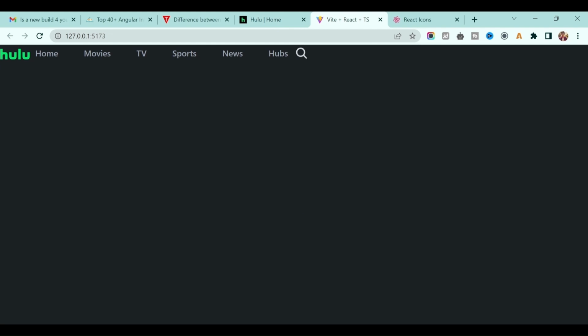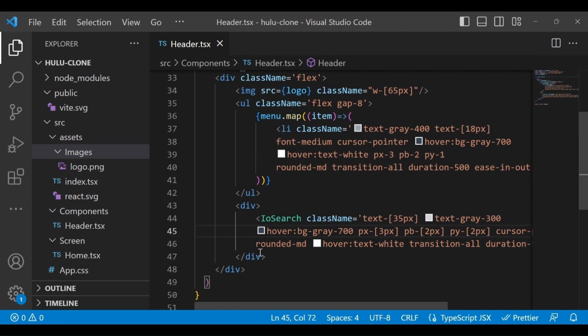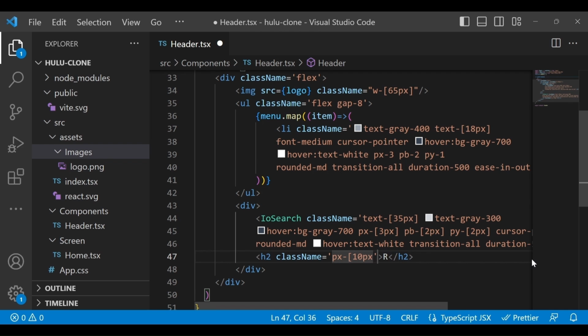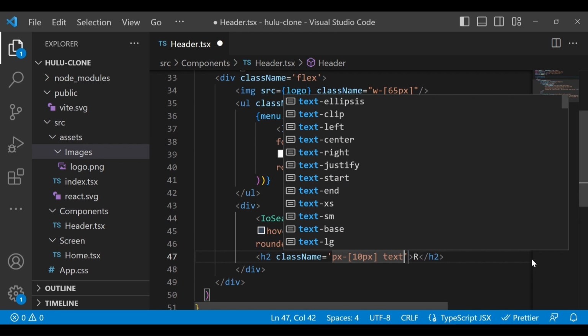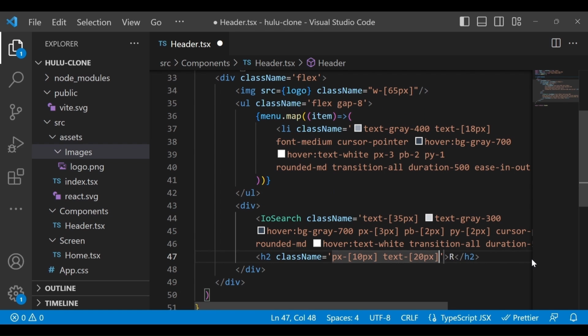So we can make it. So after this, just write an h2 tag, and in this case I will give an r, and let's apply some style sheet. So I will give padding x to be 10 pixel, then text to be 20 pixel, then I will make text of gray color, and the code is 300.